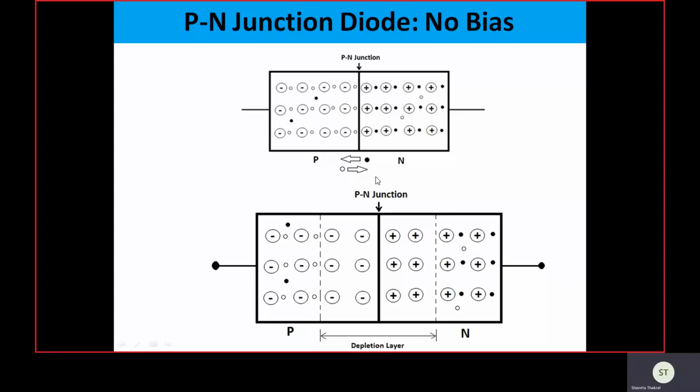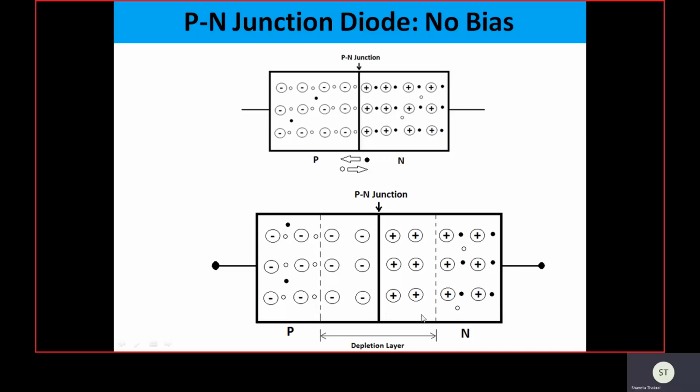Because of this diffusion process, the charge carriers will recombine near the junction and the junction becomes neutral. The junction contains just ions: here the immobile negative ions and here the immobile positive ions. Because of the accumulation of only ions in the area near the junction, a depletion layer is formed at the junction. So basically this depletion layer acts as a barrier for the free charge carriers,